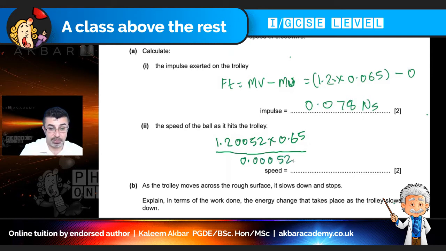Now remember, this is because it's in grams and I've got to change it to kilograms. I divide by 1,000. So if I plug this into a calculator,